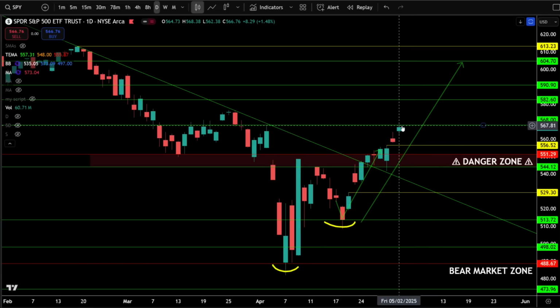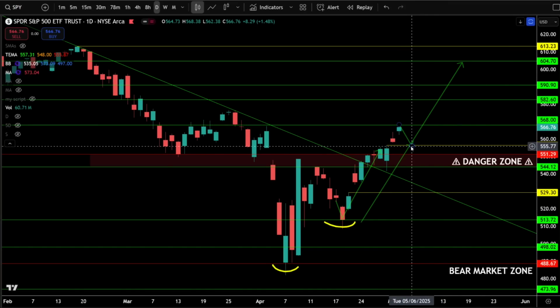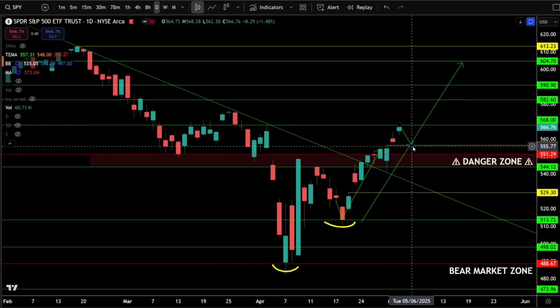So to make this very simple on you, based on following price and price alone, we are only looking for SPY to start continuing higher if we can get out above 568. If we can't get out above 568, I think there's a very good chance that we get a minor pullback towards 555. And that minor pullback is still likely going to be another higher low as we continue this V-shaped